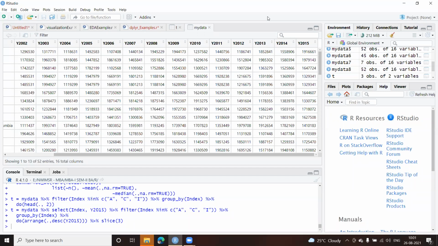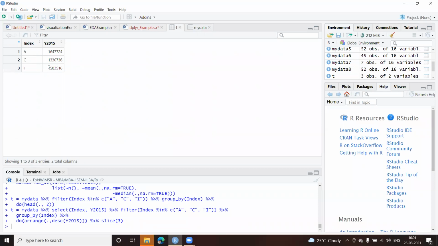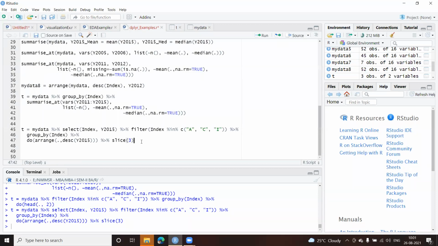So if you look at the values, you can just go and check whether it's really giving you the right output. So you can compare the values with the value which we have got here. So slice is another function that we have used here. If I want to select a row by position, let us say I want the second one, you can give two also. It's up to you.